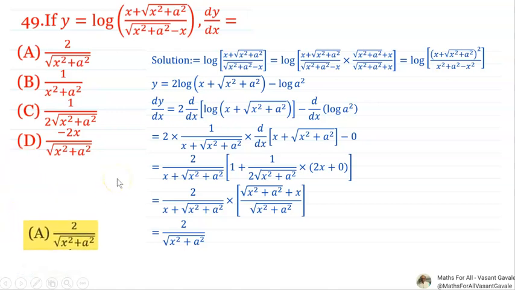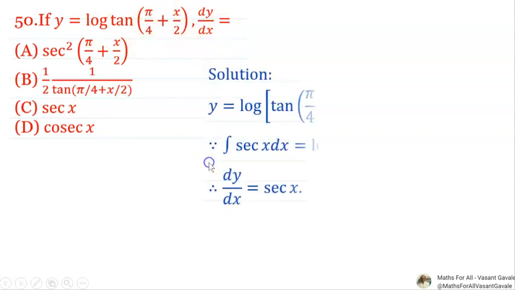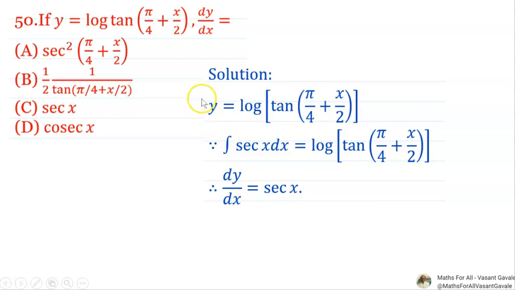Okay. Now the next question. Question number 50. If y is equals to log of tan of pi by 4 plus x by 2, then dy by dx is equals to, very nice question. Y is equals to log of tan of pi by 4 plus x by 2. But we know that the integral of sec x dx is log of tan of pi by 4 plus x by 2. And therefore, by the derivative of